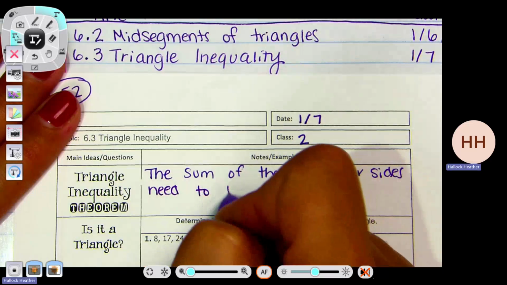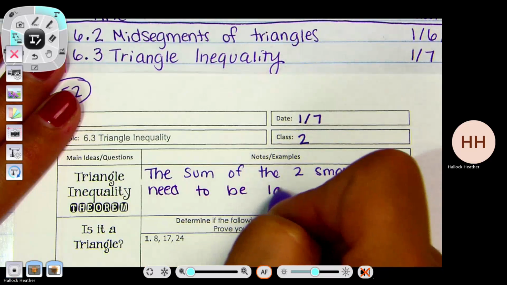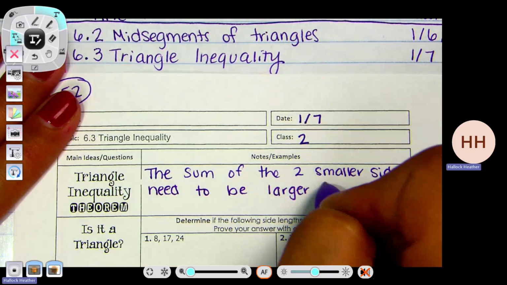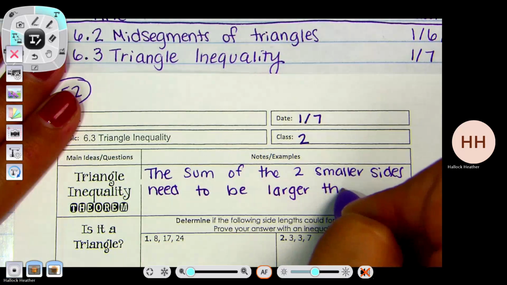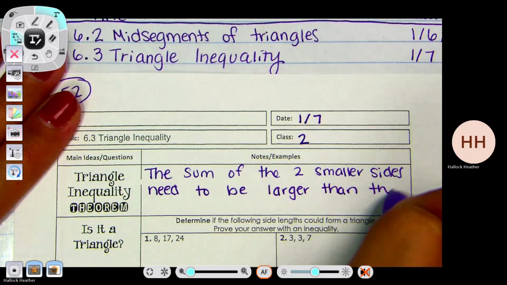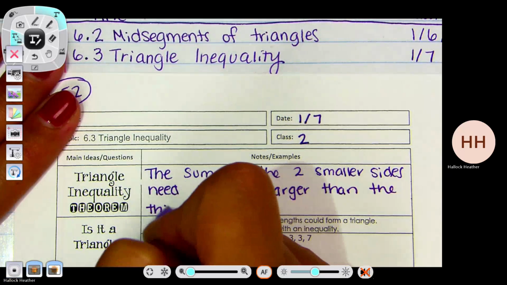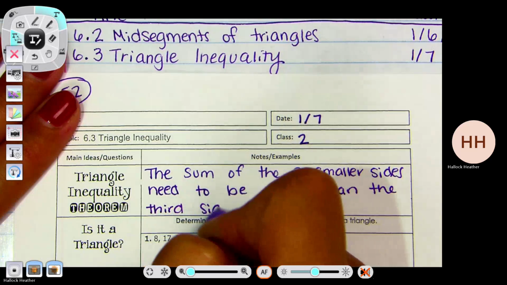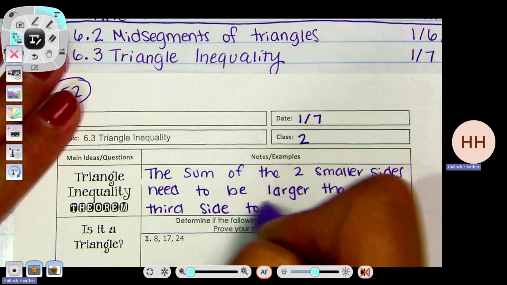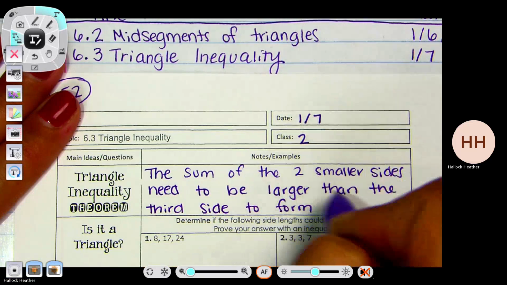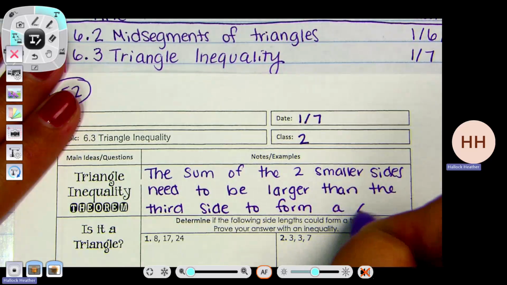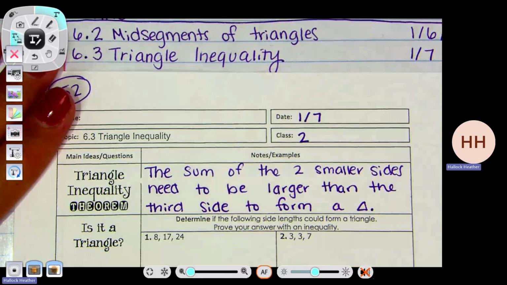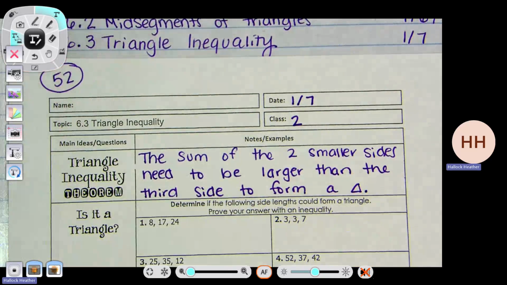need to be larger than the third side to form a triangle. I'm going to get lazy at the end. I'm literally going to put a triangle. So the sum of the two smaller sides need to be larger than the third side to